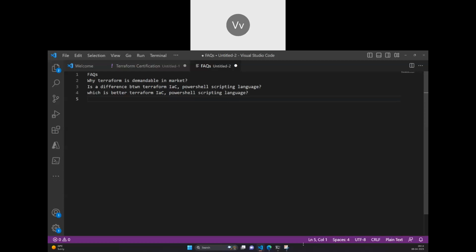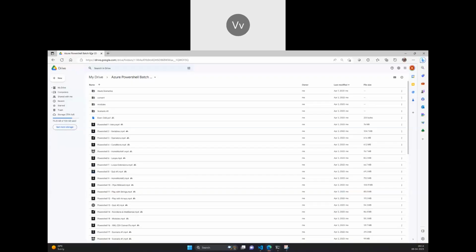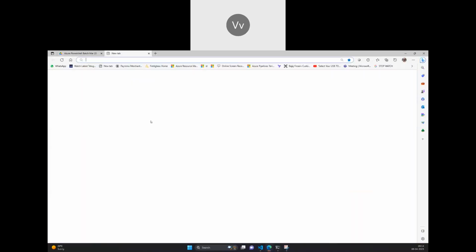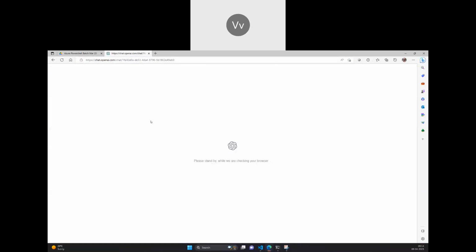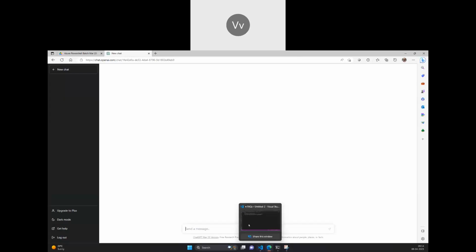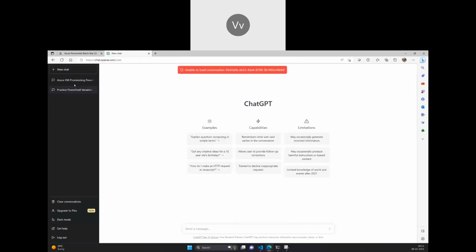You can do your practice using ChatGPT also, but don't rely on ChatGPT for Terraform code because that is very bad at this point of time. You can ask for scenarios in Terraform. It will give you basic scenarios itself, but if you want it in terms of Terraform projects and all that, it's still not there. You can't find too many good things. You would be finding smaller ones.